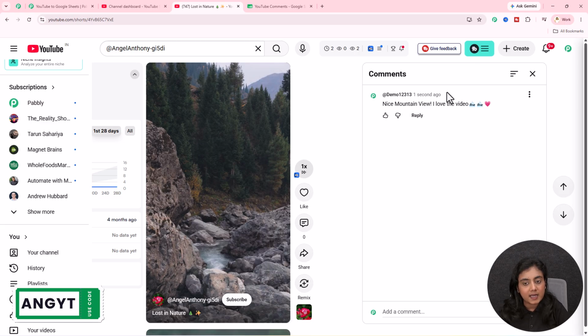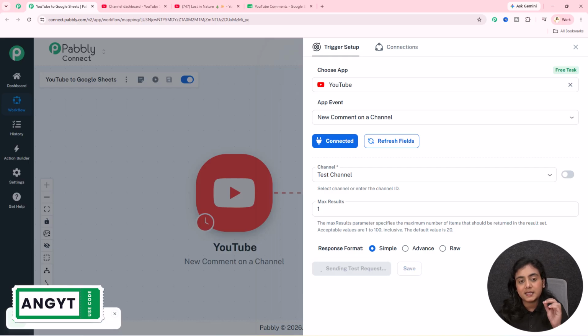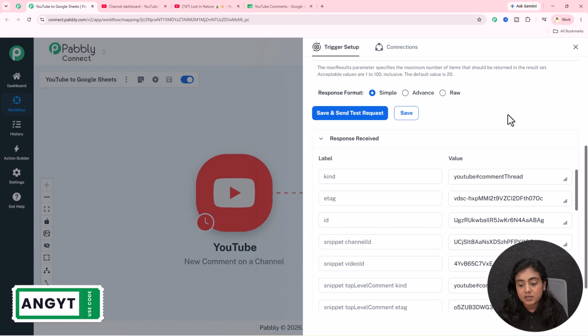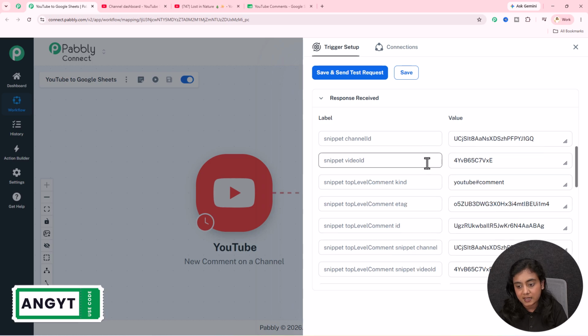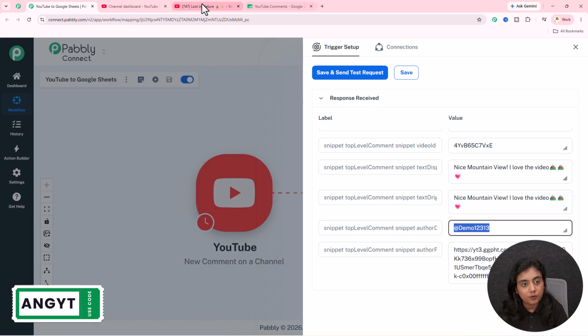As now this comment has been posted from my side, I'll go back and click on the save and send test request button, and you will see that same comment is going to be captured in the response right here. If I scroll down, you can see this is the same comment. It's from the demo account from where we have posted. You can see it's right here with all the other